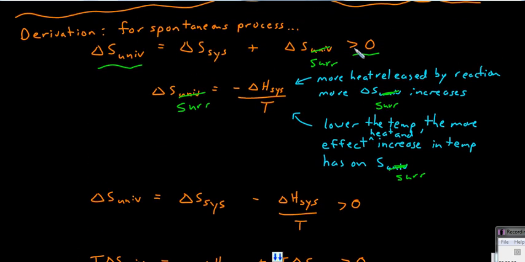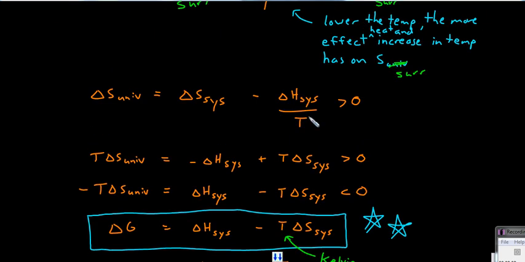So we can take this original equation and now replace entropy of the surroundings with the negative enthalpy of the system over the temperature. And then we can multiply both sides by, I think it's negative temperature, and get the following equation. Where now we get, actually by positive temperature, and we can rearrange to get this equation, which can be reinterpreted to give this, and now we can say that we can replace this negative temperature times the change in entropy of the universe as being delta G. This is the change in Gibbs free energy.